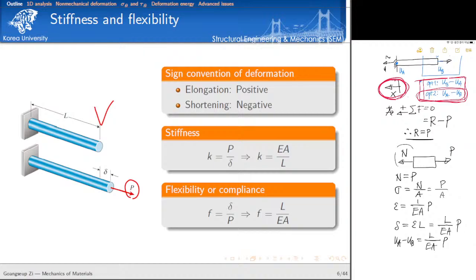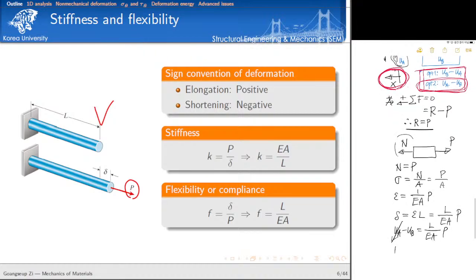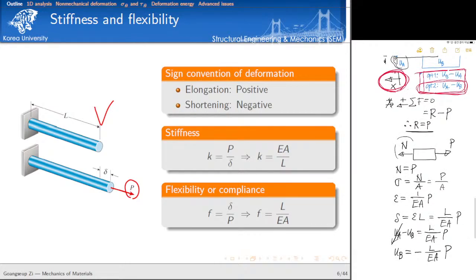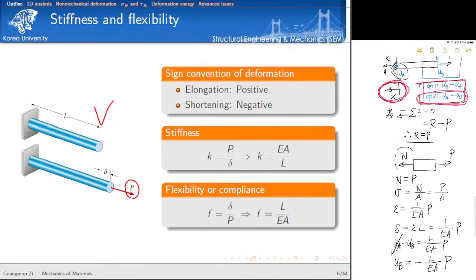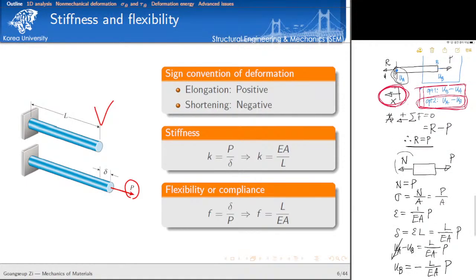So now let's check the boundary condition. UA is equal to 0. So we can conclude that the magnitude of nodal displacement is equal to minus length divided by elastic modulus and cross-section area times the magnitude of node P. What does it mean? So if we consider any node P value in this direction,